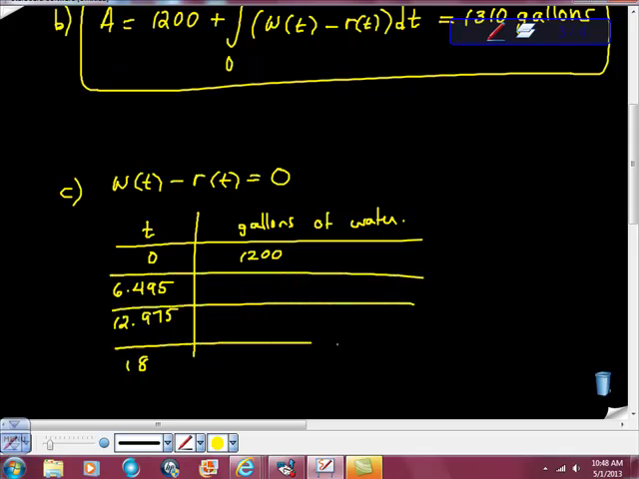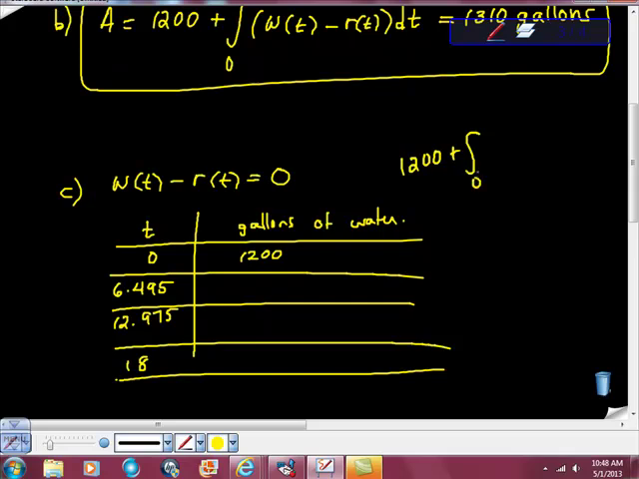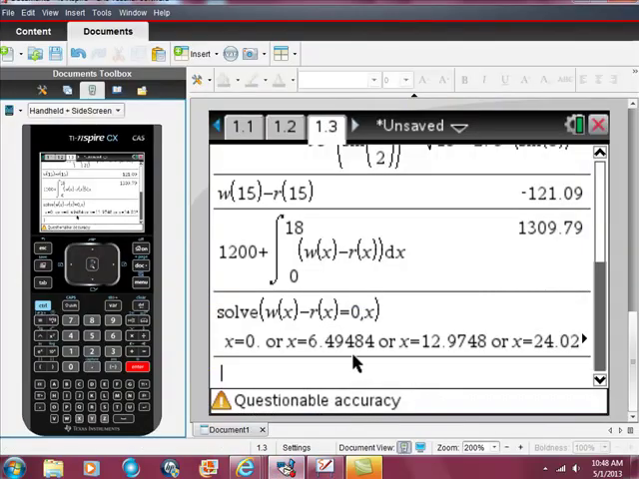Now what we have to do is this. This is where it gets a little bit trickier. Remember, we have to use this equation to figure out how much water there was. We want 1,200 plus the integral from 0 to each of these four values of W of t minus R of t dt. So I'm actually going to go back and do that. The first one's a pain in the neck, and then it gets really, really easy. So I'm going to do 1,200 plus